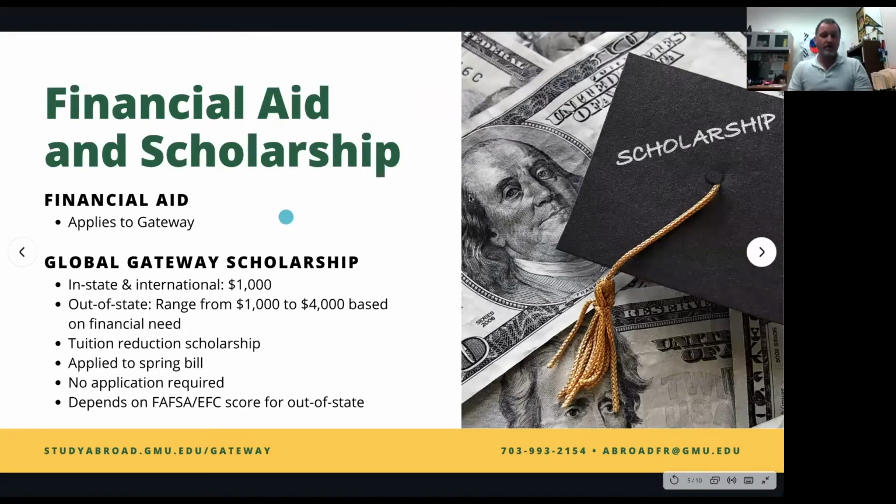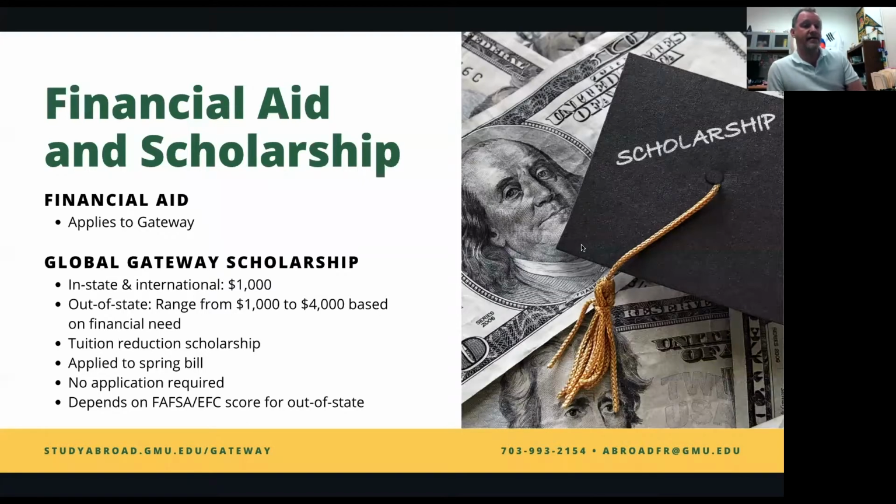This is the other important part that students always wonder about, is how the financing works. So the use of financial aid and scholarships in particular, since this is a tuition bill that comes through Fairfax and not your international university, it means no matter what kind of scholarships, financial aid, or grants you have, you can use that to pay for your spring semester billable costs. And that will be applied just the same as it would when you're making, or your parents are making, payments for your fall semester in